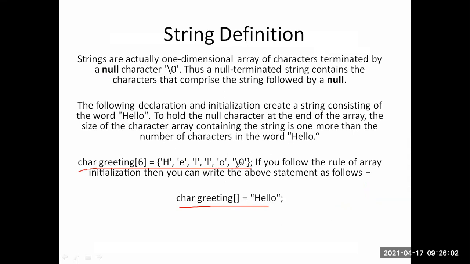So why do we represent the null character? It identifies the end of the string. If you represent the null character, it identifies that the string has ended. In a string constant, we do not need to write the null character. The compiler automatically identifies that the string has ended. So while we are using single character constants, the user must take care that after completion of the string, you represent the null character.